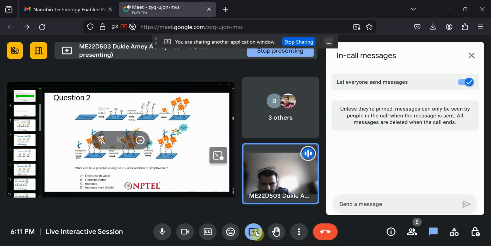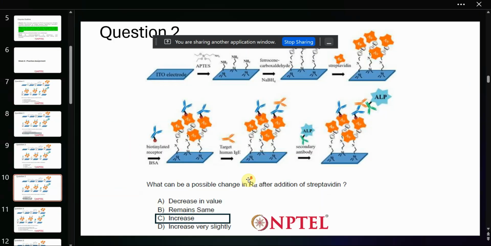Okay, so the answer is C. It increases. So as I said, streptavidin is very heavy in nature. So when it is put on the surface, what happens is it increases the load per se on the surface. See, imagine the electron flow as a flow of water. So if you put any heavy body in the path of water, imagine just the electron is moving on